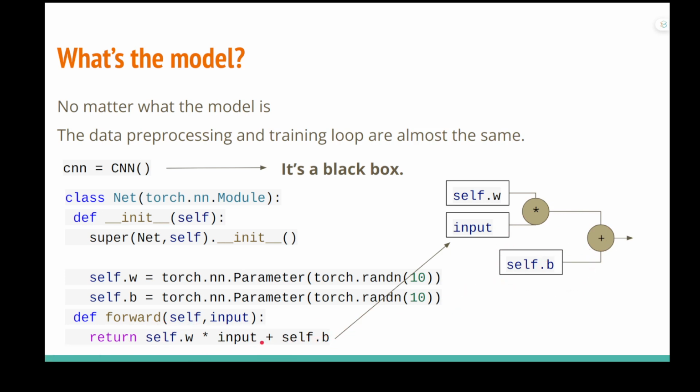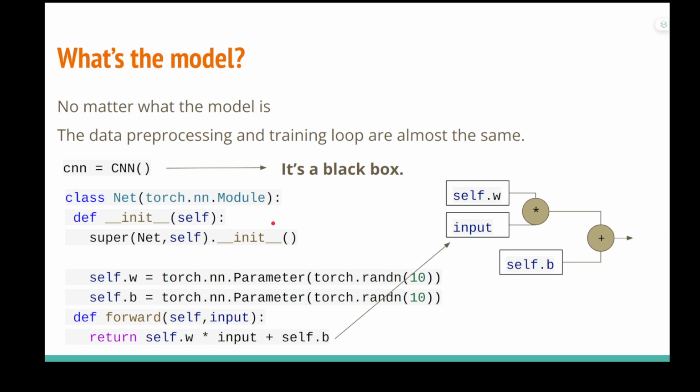And this term is actually produced by this multiplication operation here. For the multiplication, it has two inputs, the self W and the input. So that we will construct a computational graph for this. Next time we need to calculate the model for a certain input, we just call this graph to do the calculation, and this graph will actually be converted into a CUDA program and sent to the GPU for the calculation.